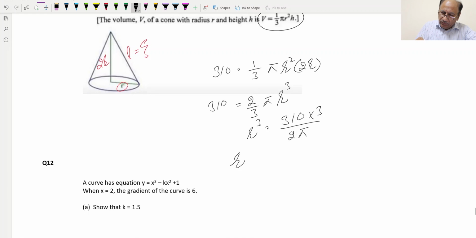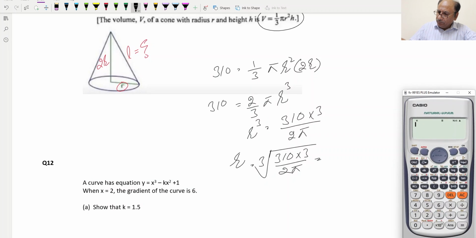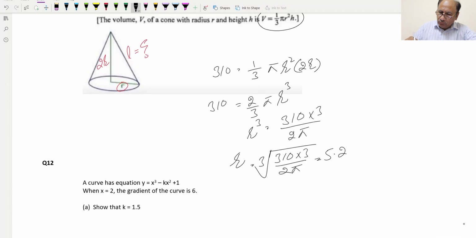So r will be equal to cube root of 310 into 3 over 2 pi, and with the help of calculator, this will be cube root of fraction 310 multiplied by 3 over 2 and pi, and this will be equal to 5.29